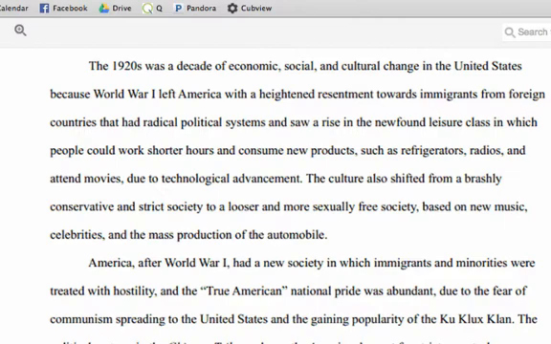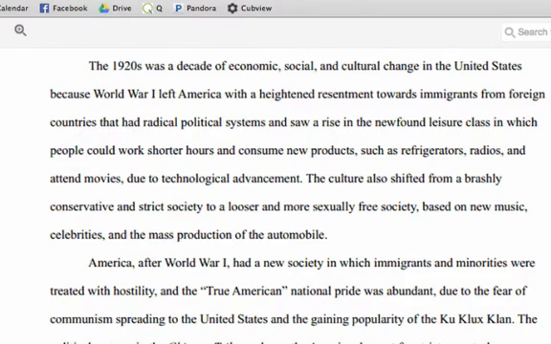This is a warrant, or a reason, for the overall argument that there are changes that have taken place. The student also does a great job of connecting these social and cultural changes with the economic changes that took place. So the economic changes here are people working shorter hours and consuming new products, and he gives specific examples of those taking place due to technological advancement. So notice that not only do we have a specific warrant for the changes, we now have an overlapping of the two arguments between economics and social.